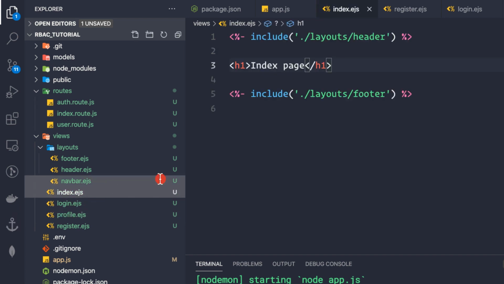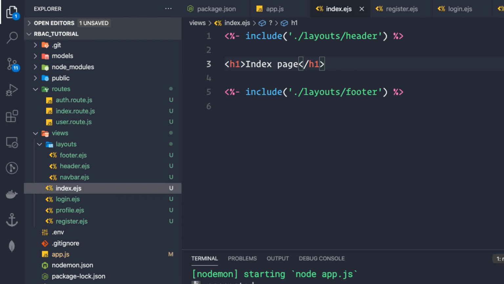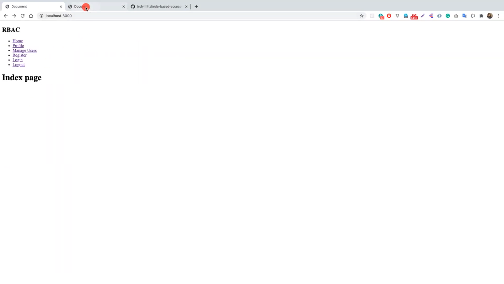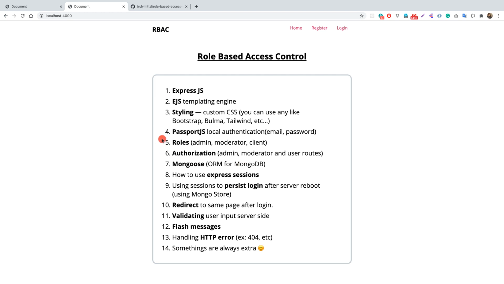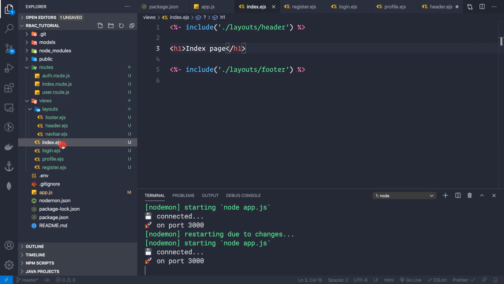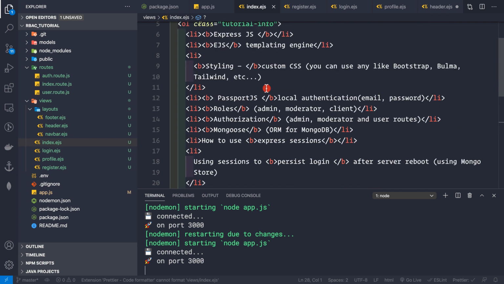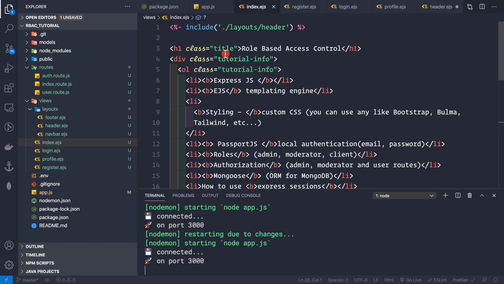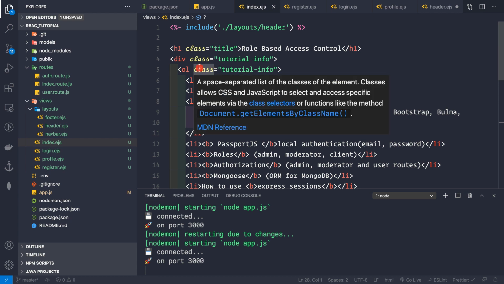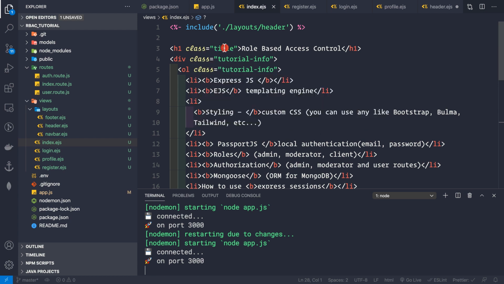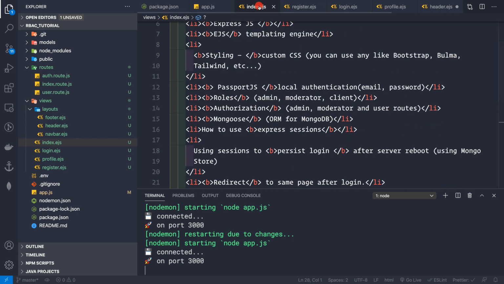So let's go to our index.ejs file, and here what I'll do, I'll simply paste these li elements here. So let me copy the li elements first and let me paste them here. Let's save this. So index.ejs is complete. And basically don't worry about these class names here, because these class names are created by my own just to style them. And in case you are using any framework like Bulma, Bootstrap or Tailwind, then you can use your own class names. These class names are my own invention just to style them. So now our index.ejs is complete.